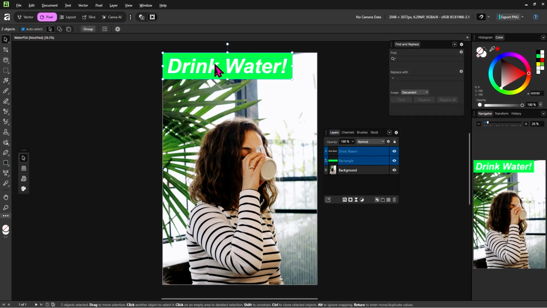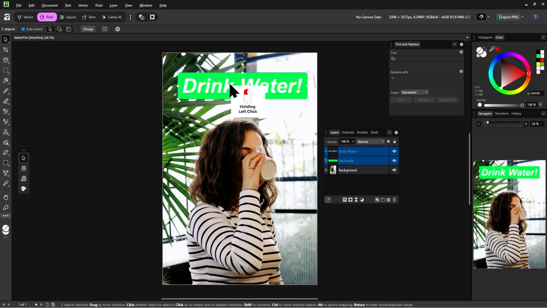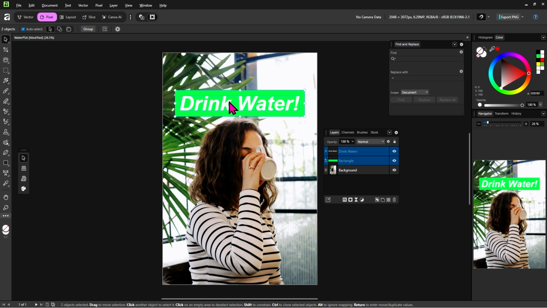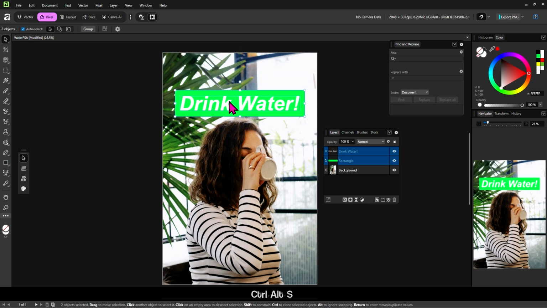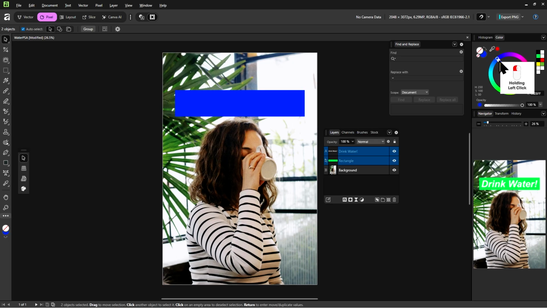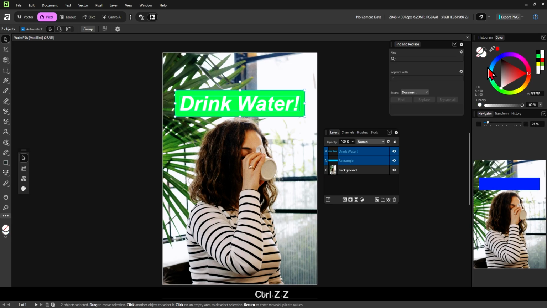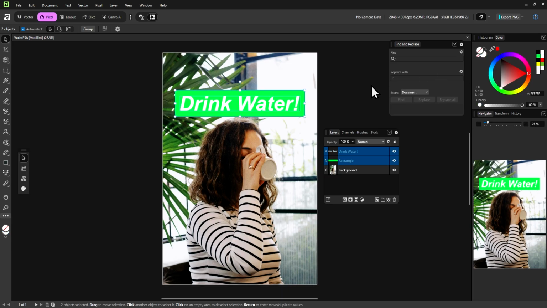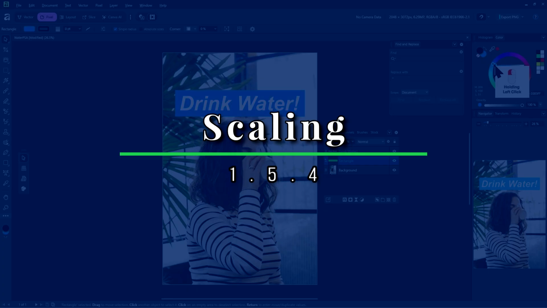And now we can move them around at the same time. We can even change both their color at the same time. But as you can see, that's not a good idea because it kind of just blends them both together. So I'll hit Ctrl Z to undo that and also change the rectangle back to that earlier blue.